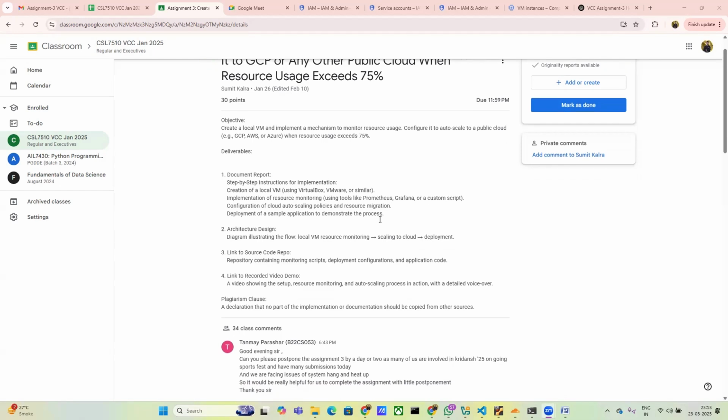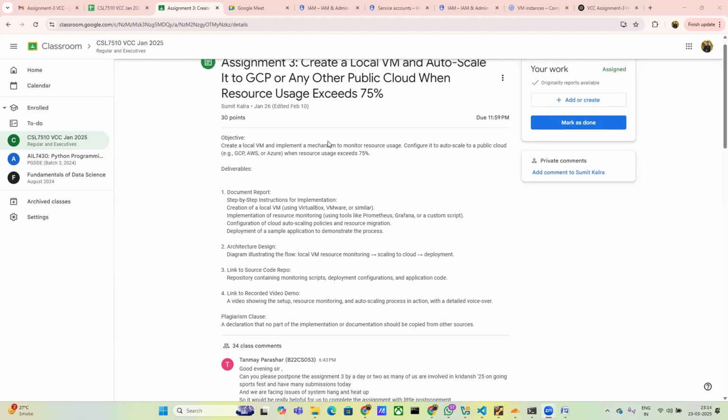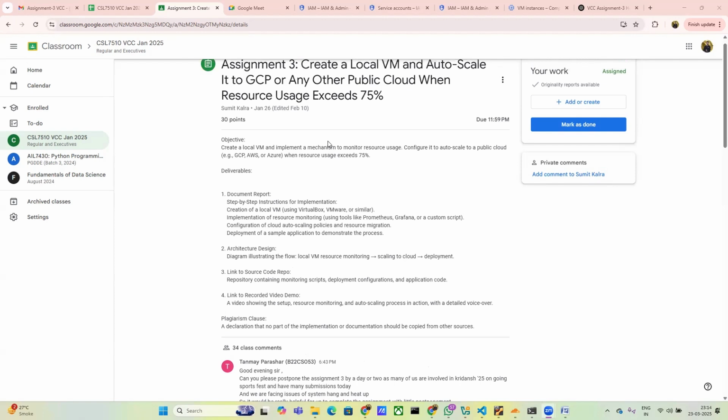So, in assignment 3 of VCC, we have to do step by step configuration and creation of the virtual machine and auto scaling model with the resource migrations and sample allocations. In layman's language, we will be creating a virtual machine. We are going to write down auto scaling